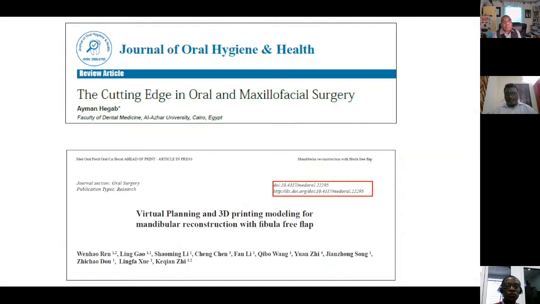These are two journals which I picked up where they speak extensively about 3D printing and 3D technology. Cutting Edge in Oral and Maxillofacial Surgery by Ayman Hegab, where he speaks extensively about the use of prototypes as well as the role of bioprinting. And the second journal, which I've picked up from Medicine Oral Pathology, where he speaks about virtual planning and 3D printing modeling for mandibular reconstruction with fibula free flap. The reason why I put up these particular journals is basically to understand the diversity of 3D printing technology in the field of